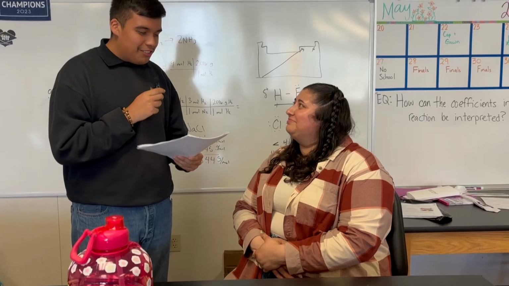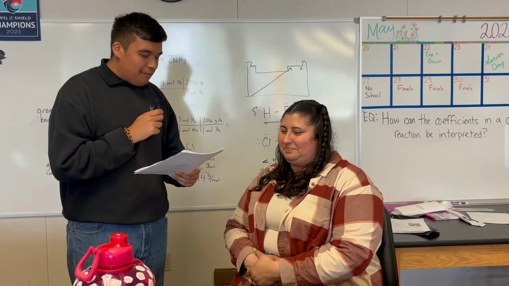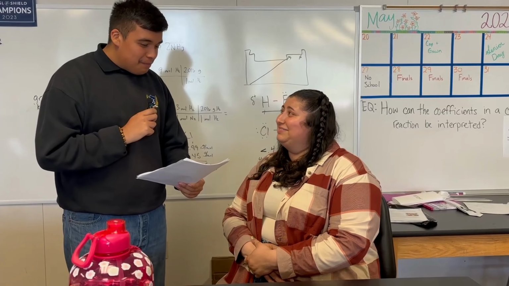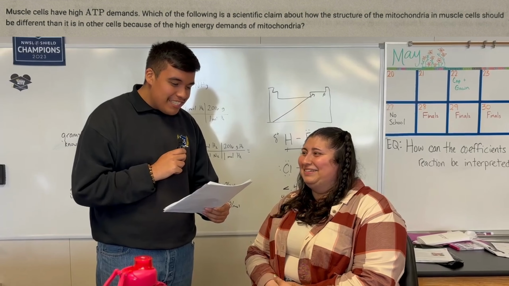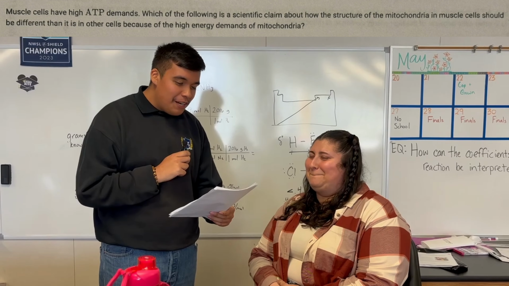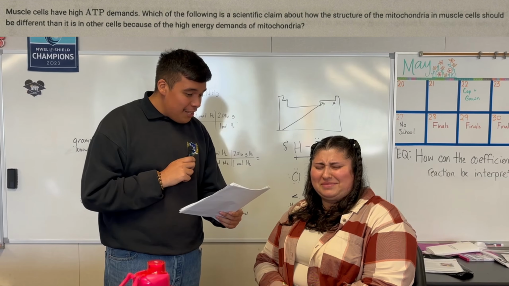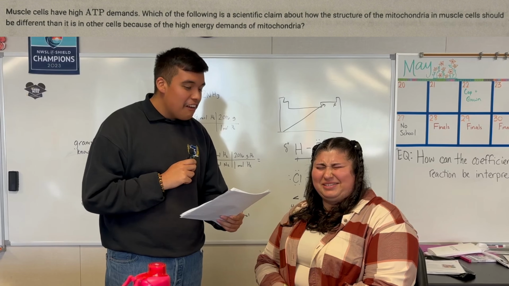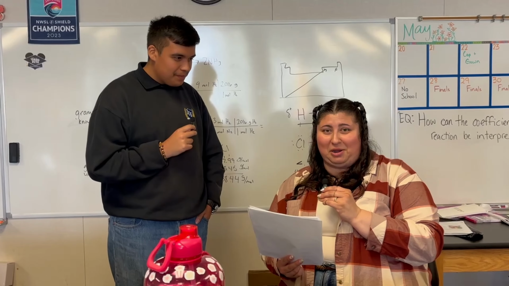Okay. Question number 1, but it's technically number 2 for here. Well, I guess you can read the question. Muscle cells have high ATP demands. Which of the following is a scientific claim about how the structure of the mitochondria in muscle cells should be different than it is in other cells because of the high energy demands? Can you read the responses, please? Okay. The options are